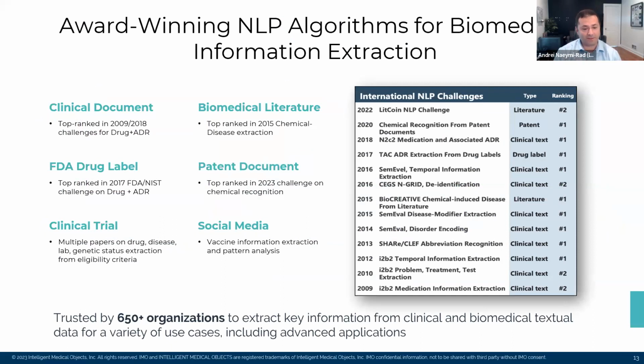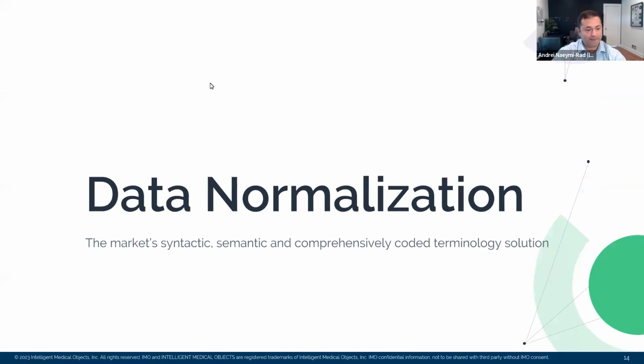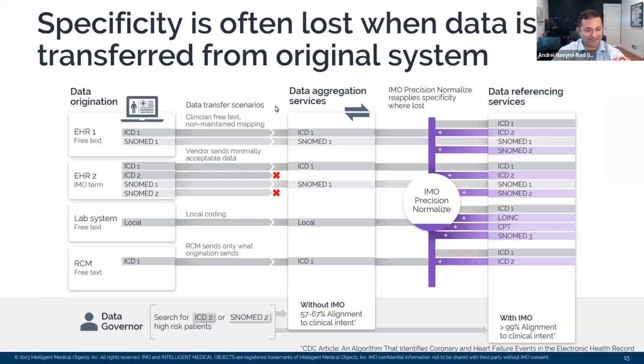And they've usually identified themselves and have won competitions in both a 1 or 2 ranking position in biomedical information extraction. And so as you think about all of the different competitions that they've entered themselves into, but furthermore, gain the trust of well over 650 academic organizations across the world, we've truly married together the best kept secret in structured data with the best kept secret in unstructured data. And as you think about that kind of key differentiation going into addressing your bespoke data pipeline needs, we're best positioned to help support your requirements. And with that, I'm going to pass it off to my colleague Akash to get a little bit more into the structured side of the equation.